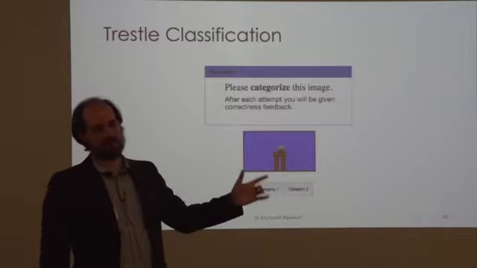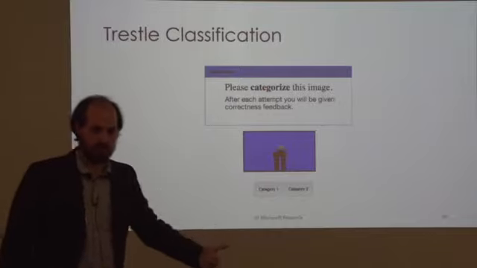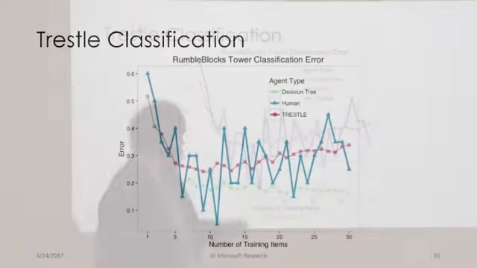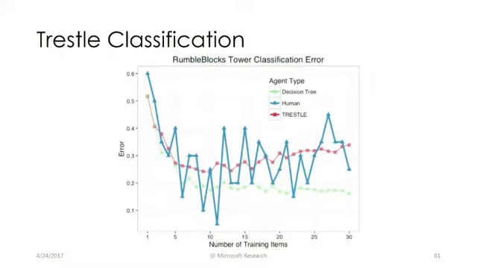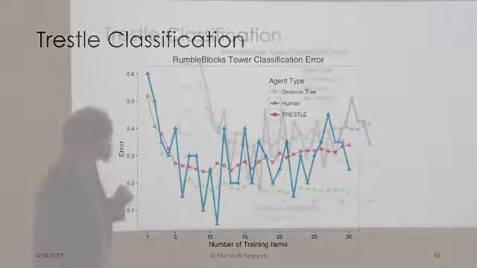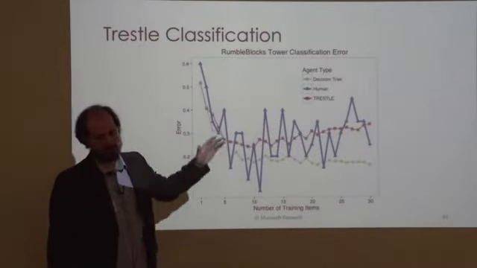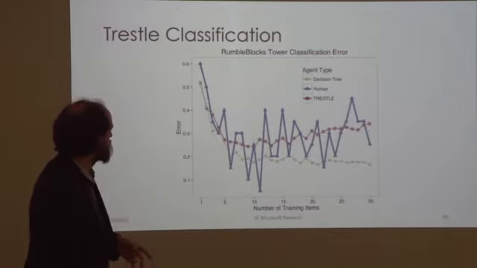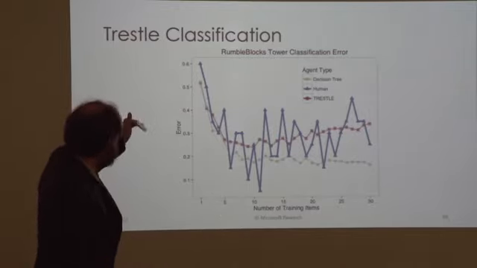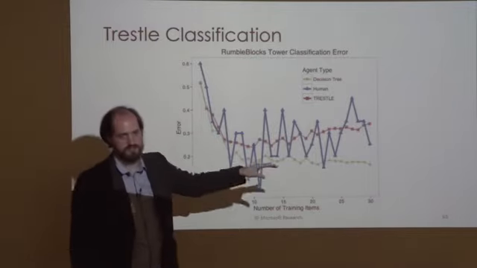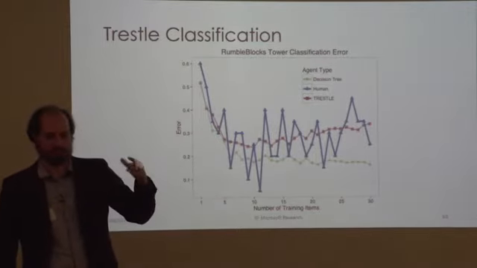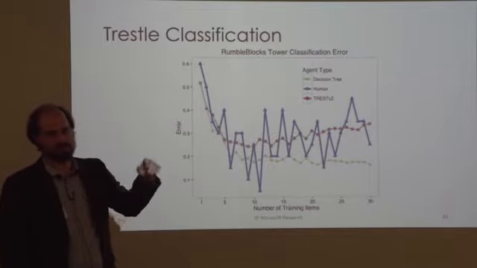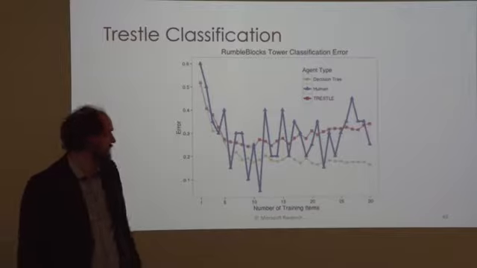And then once they made a decision, we told them if it was one or the other, and then went on to another problem. And then we kept doing this for, I think it was either 20 or 30 items. And so this is the results of that, where the blue line are the humans. It's only 20 humans, I think. So we probably could do with a few more. But then this green line is a decision tree using the conceptual feature extraction grammar rules. And then the red line is Trestle performing this task using just a standard JSON representation and the feedback.